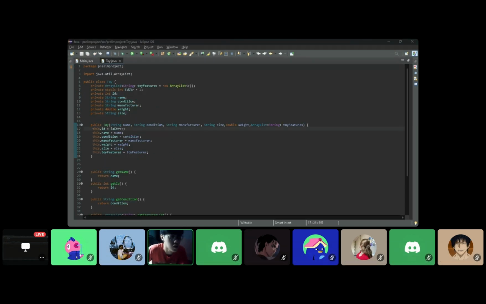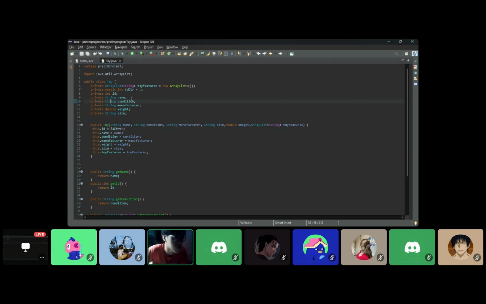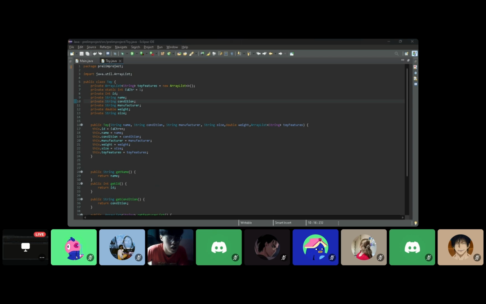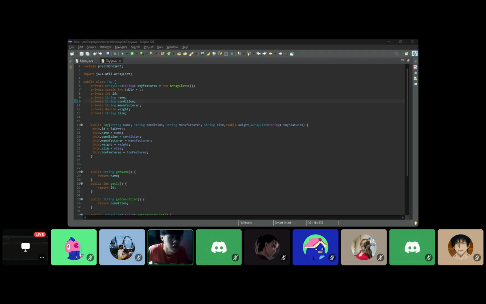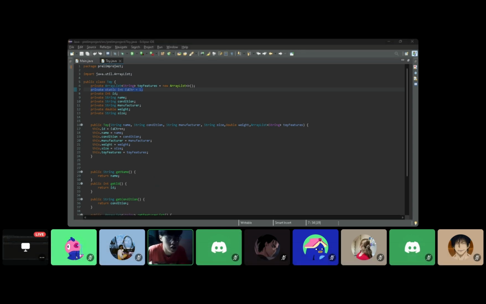The toy class. The toy class represents toy attributes such as name, manufacturer, condition, weight, size, and ID, and a list of features. The class generates a unique ID for each toy, incrementing it with every new instance using the static ID control variable. The constructor initializes the toy details and stores the toy features in an ArrayList.